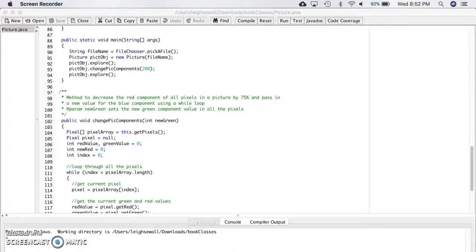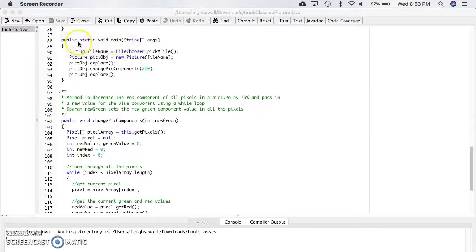Today I'm presenting code that explains the programming concept of arrays and tracing code. The purpose of this code is to alter the red and green components of all the pixels in an array using a while loop, and to be able to trace the code so that we understand the computer's order of execution of that code. So when tracing code, the computer always starts at the main method.